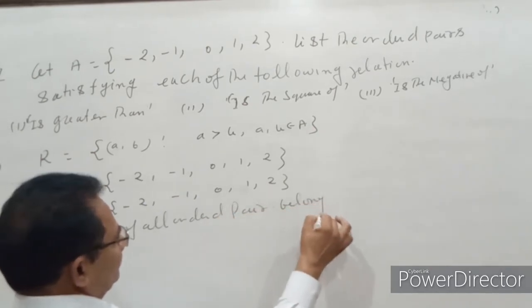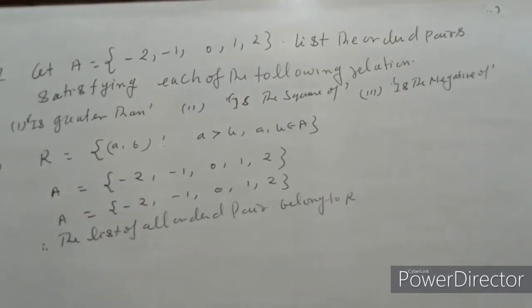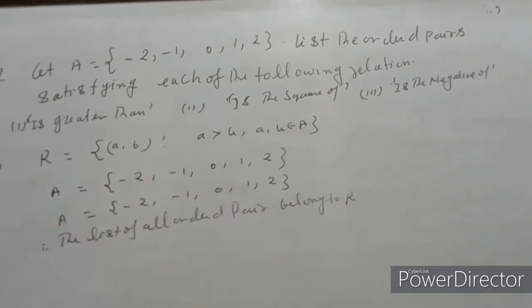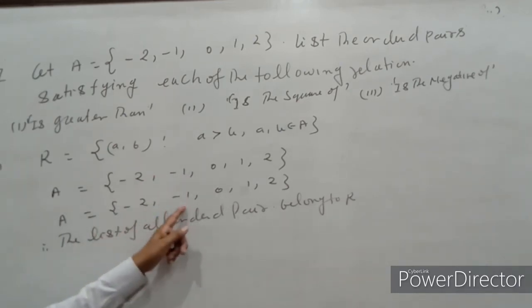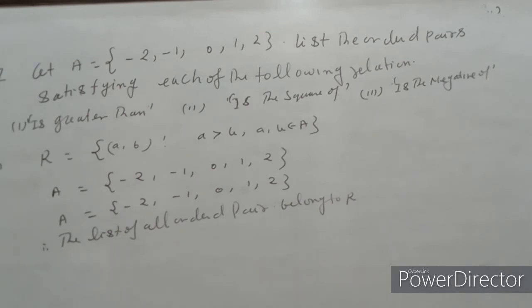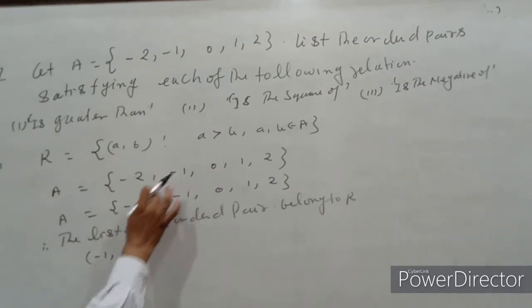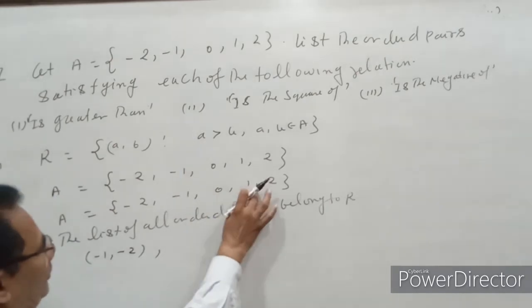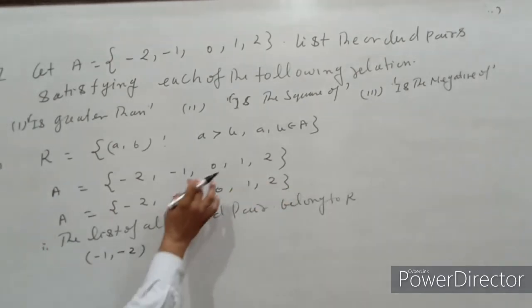belonging to R. फर्स्ट पार्ट में हमें उन ऑर्डर पेयर्स की लिस्ट देनी है। देखिए, (-2, -2) नहीं चलेगा, (-2, -1) this is less than, (-2, 0) no. और (-1, -1) में इक्वल आ जाएगा। हमें लेनी है लिस्ट ऑफ द ऑल ऑर्डर पेयर विच आर ग्रेटर देन। तो (-1, -2), (-1, -1) नहीं, (-1, 0) नहीं, (-1, 1) नहीं, (-1, 2) नहीं।